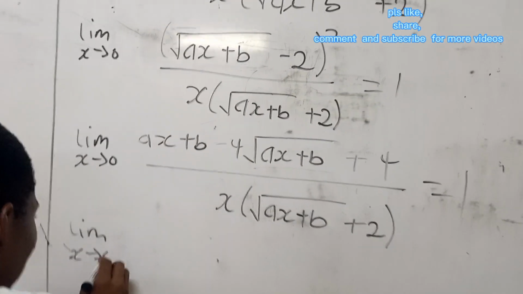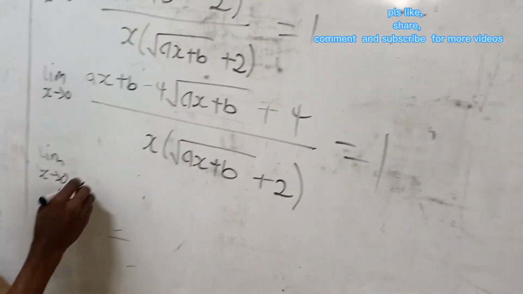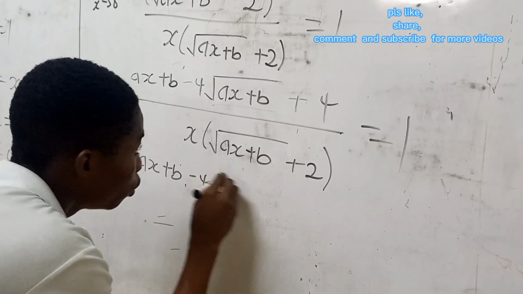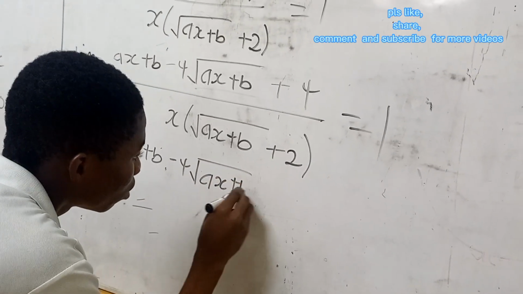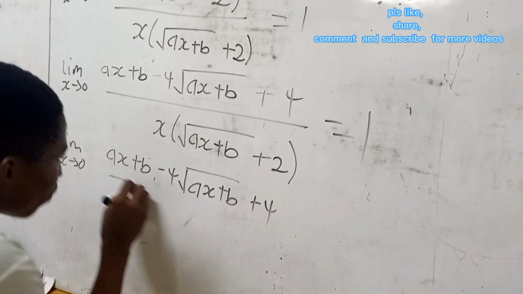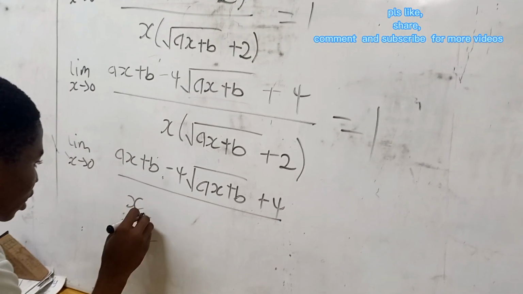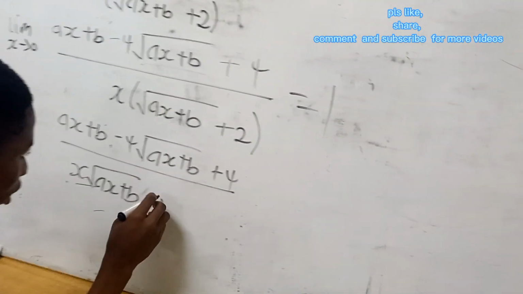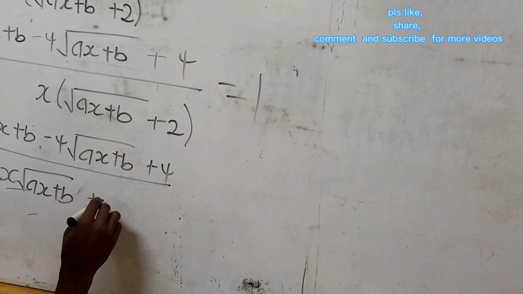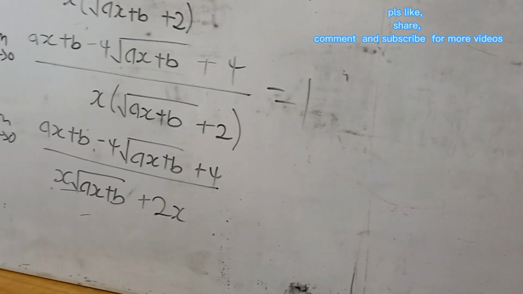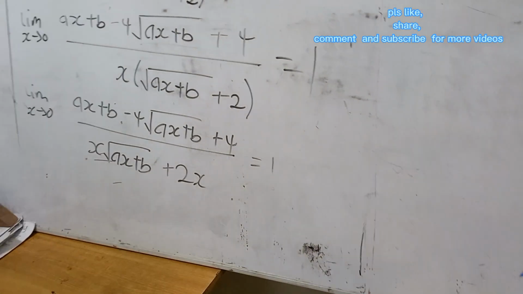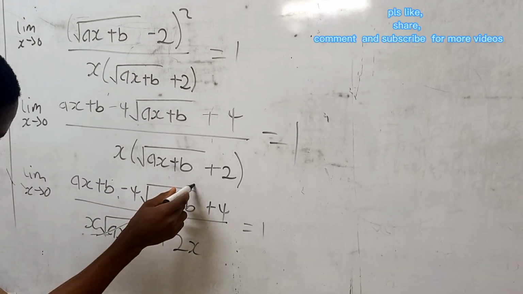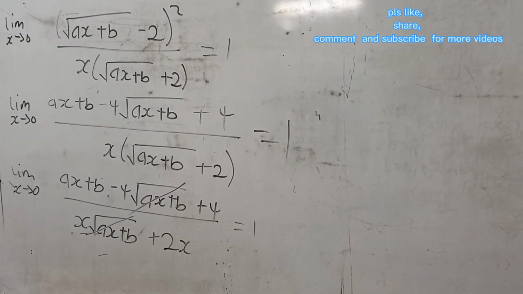So we have the limit as x approaching 0 of ax plus b minus 4 root of ax plus b plus 4, all over x multiplying root of ax plus b, then you have plus 2x, something like this, which is equal to 1. So from the board we can see that this one can do away with this one. So we will be left with